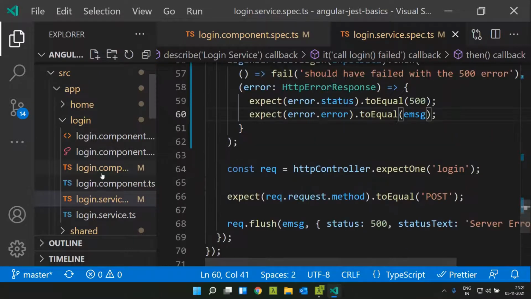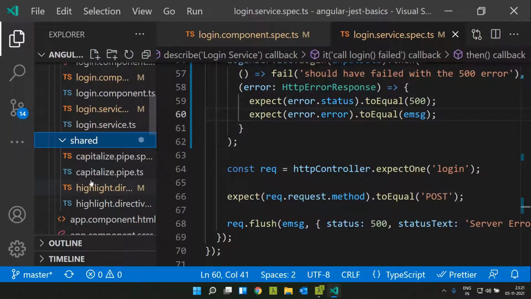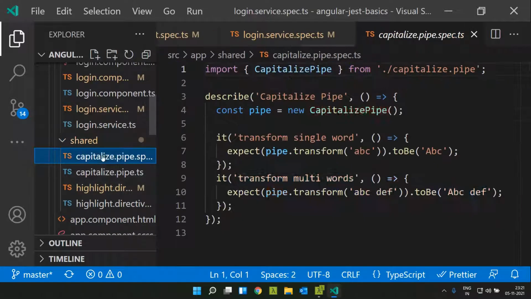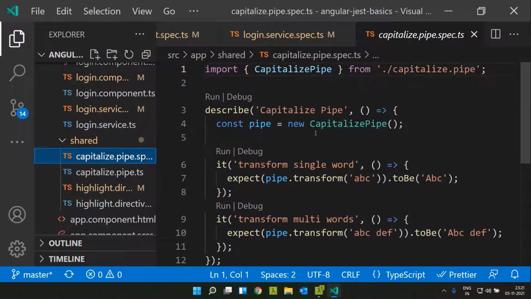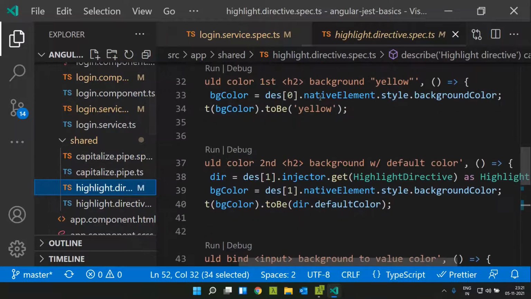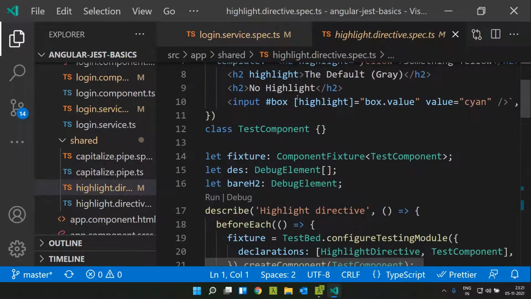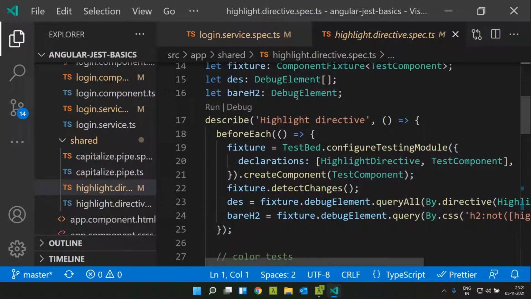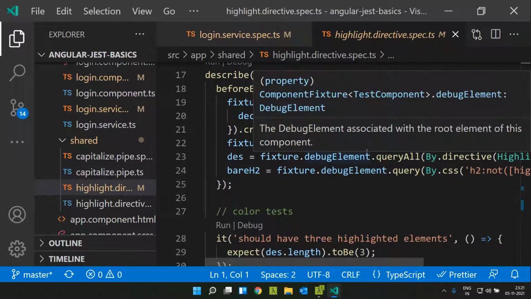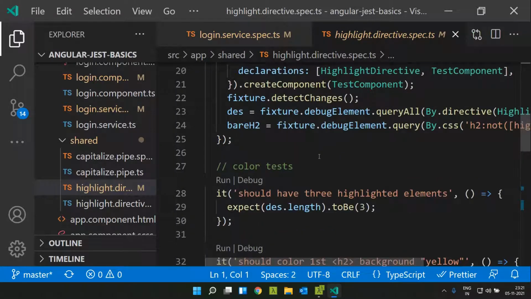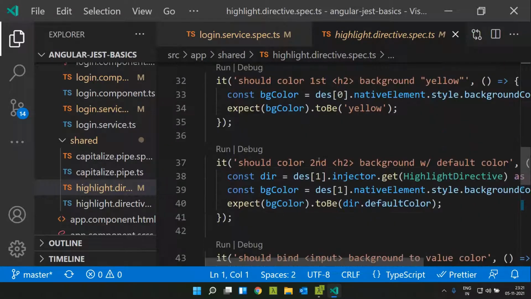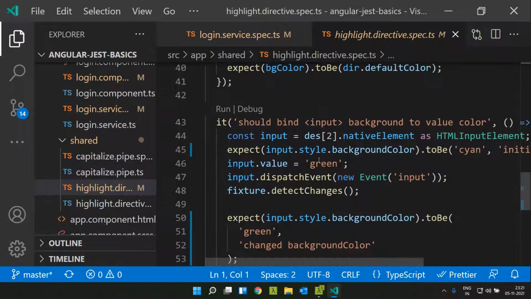Now let's go to the shared capitalized pipe. Here also there is no change. And finally the directive, the highlight directive. Here also we are not making use of any spies or anything, so we can ignore that.